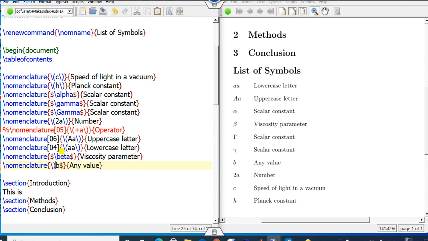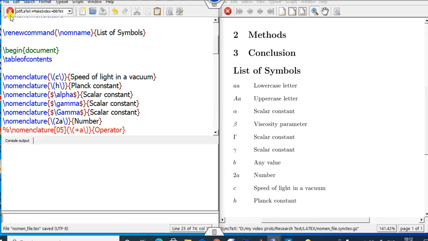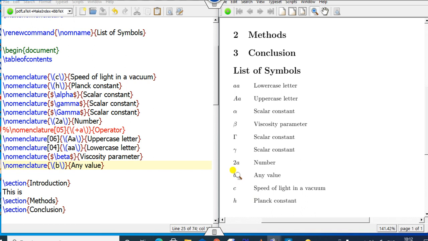But if you write it with curly braces, in this form, now it's not a mathematical symbol, so it will lie before the C. If I run this file one more time, you can see it now appears after the A. After the A is B, then C, then H.